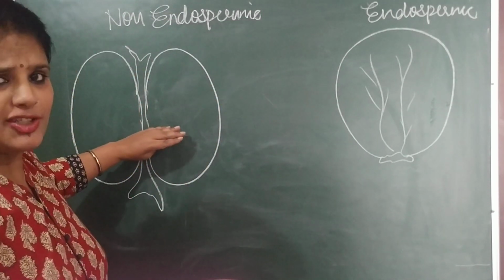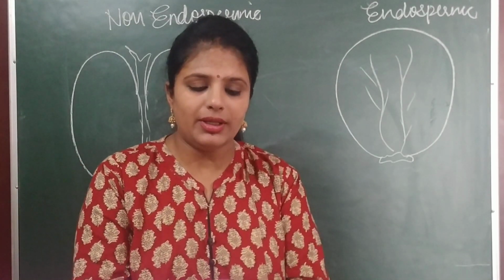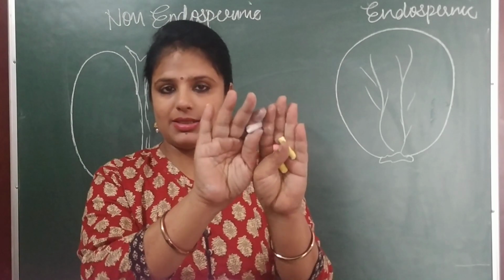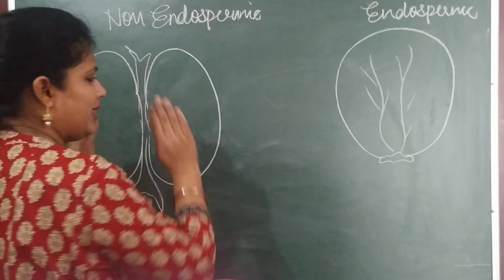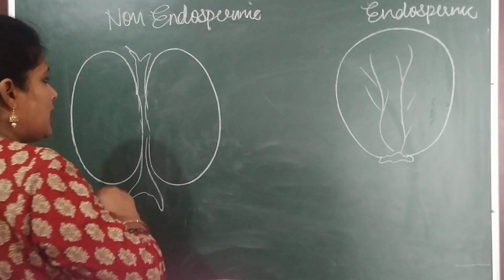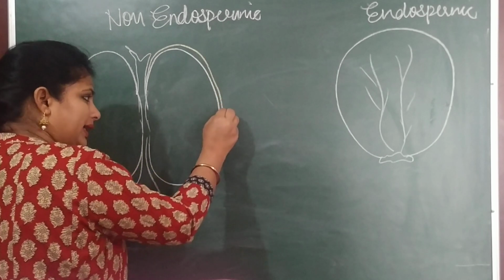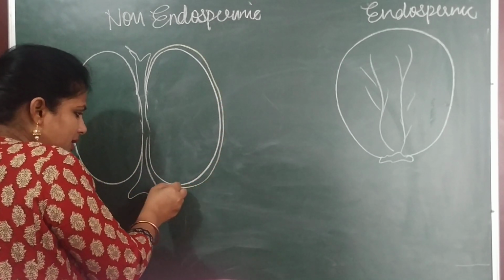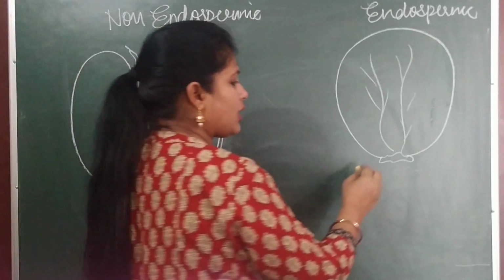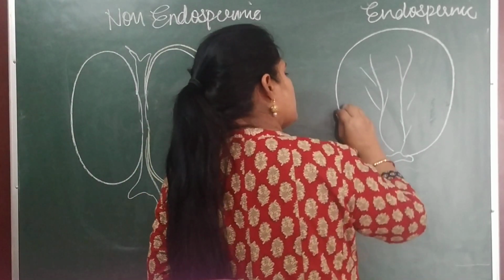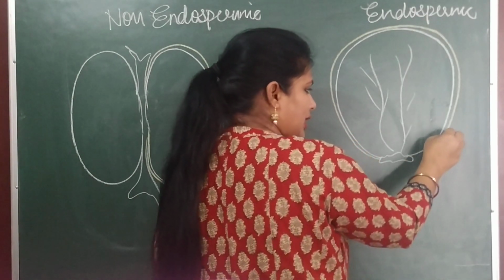This is a typical rajma seed, and when you take rajma, soak it in water and then separate it into two parts, you get similar two parts as here. There is an outermost layer. There are two integuments. How many integuments are there? Two. These integuments may be fused, or they may be attached or separated also.